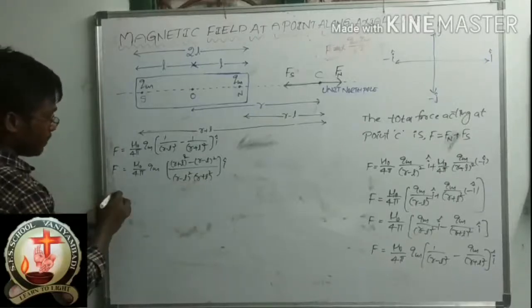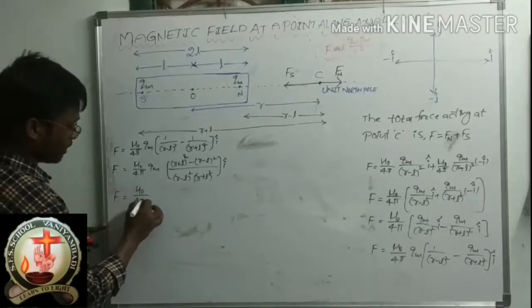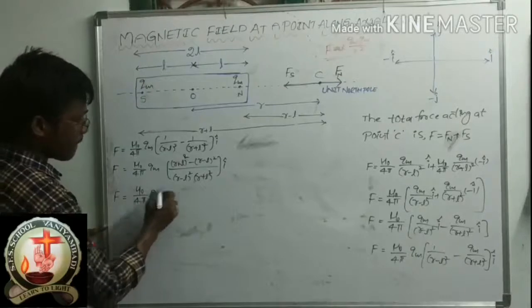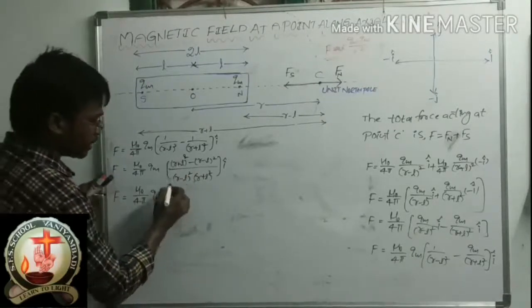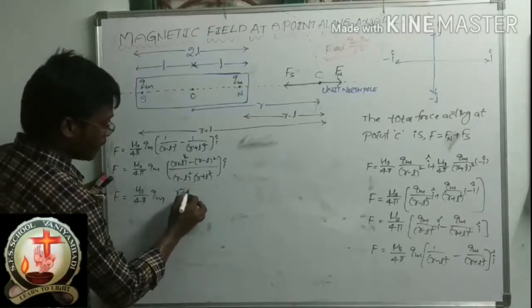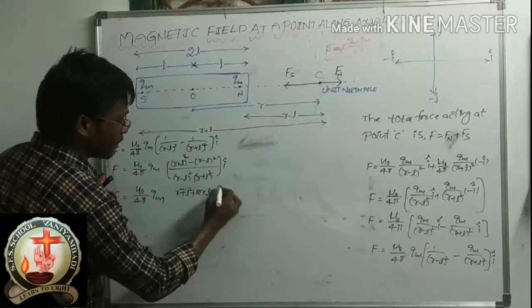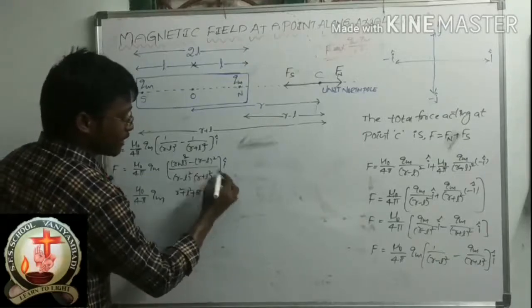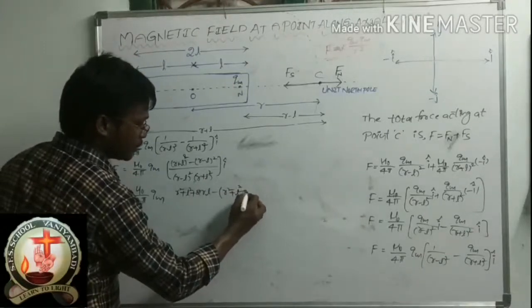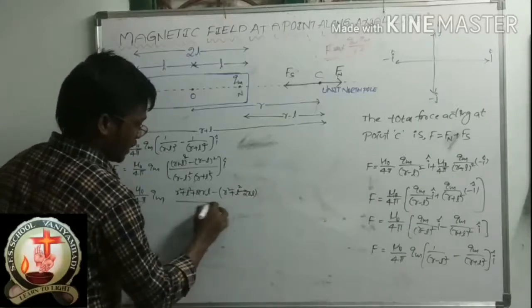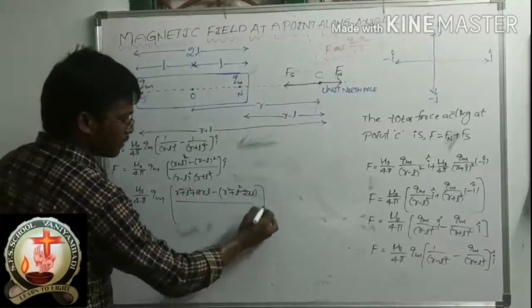Now F is equal to mu naught by 4 pi Qm, (R plus L) whole square, A plus B whole square, A square plus B square plus 2AB. So here R square plus L square plus 2RL, minus of R square plus L square minus 2RL, by this one. How should we write this? Do you know?